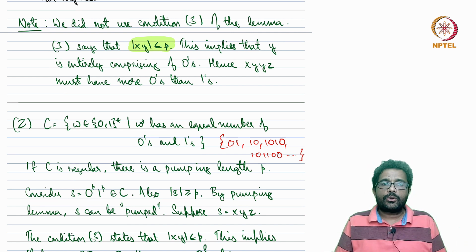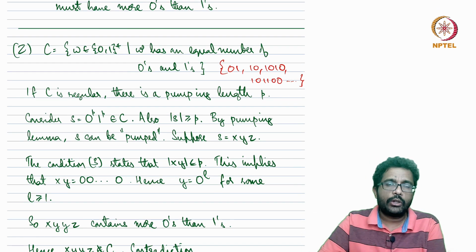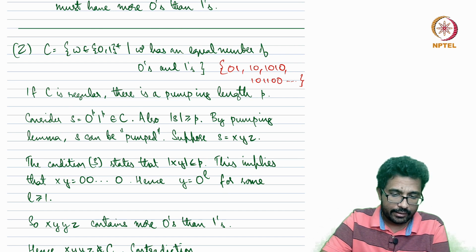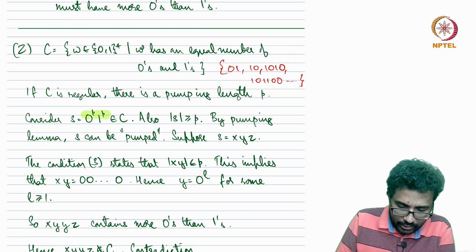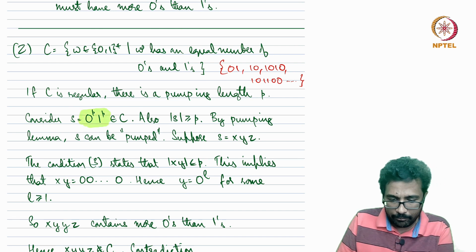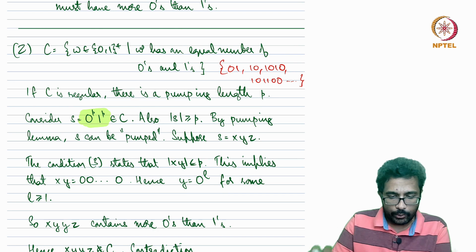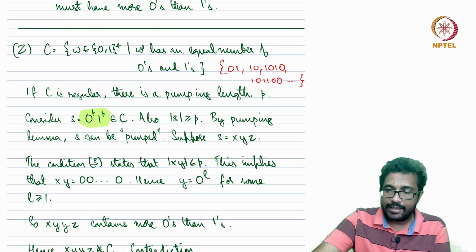Now, let us try to show that this language is not regular. It is the usual thing that we already saw. We assume it is regular, then there is a pumping length, and then we have to choose a string. Here again the same string is good enough, 0 power p, 1 power p, where p is the pumping length. Clearly, this has an equal number of zeros and ones, p zeros followed by p 1s, so it is in the language C. Also, it is of length 2p, which is at least p. Hence, this has to be